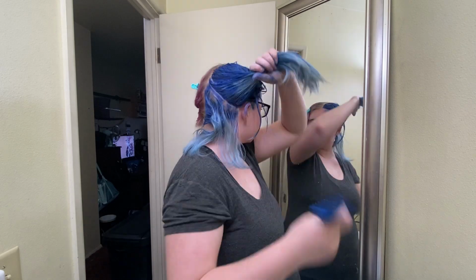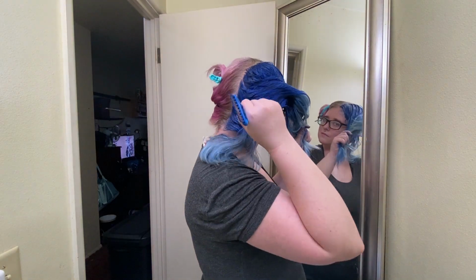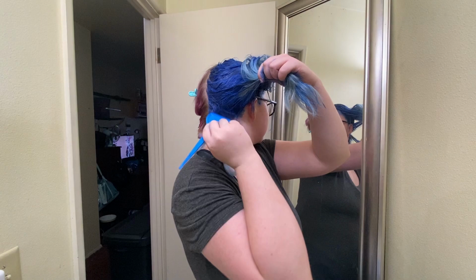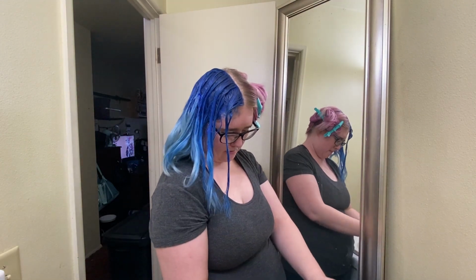I get very lazy and I just start washing it all at once, and so sometimes I think the black dye kind of bleeds into the blue, and I'm just like, whatever, at least in the back, which I don't mind. If it bothered me, I wouldn't do it. I just get lazy sometimes,